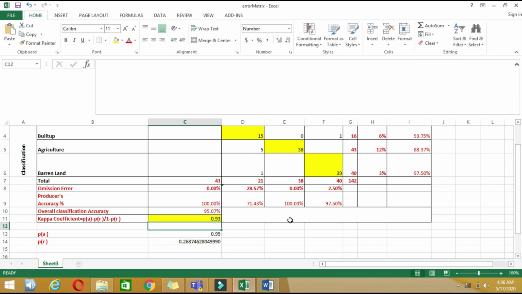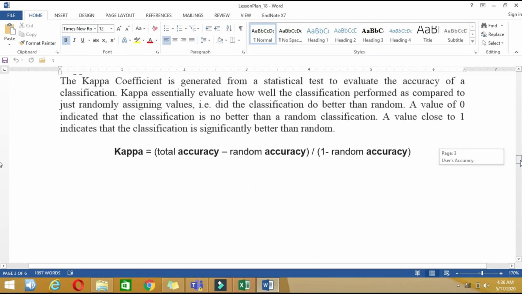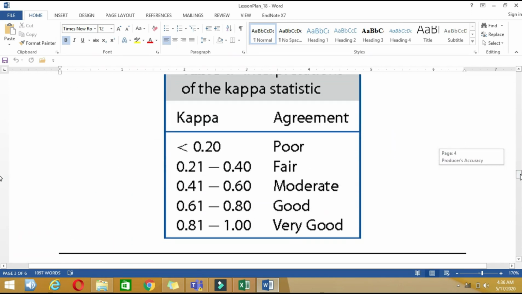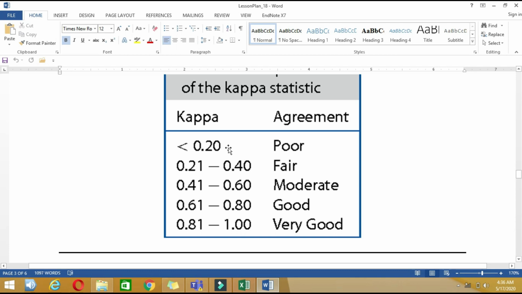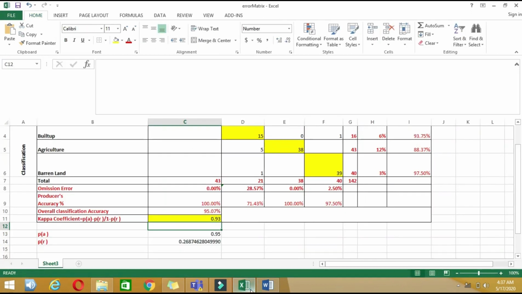So this is our kappa coefficient, which is 0.93, which is actually a good one. We can see it from this table. If your kappa coefficient is near 0, it's poor, and when it's near 1, it's very good. So in our case, it's a really good kappa coefficient.